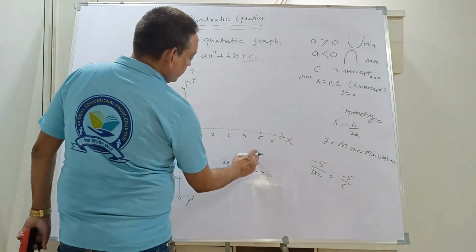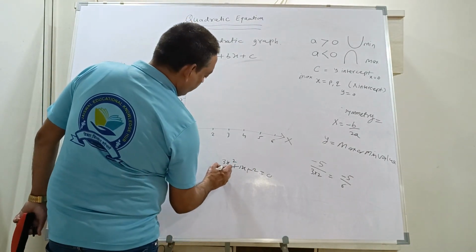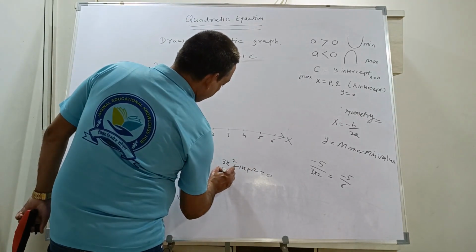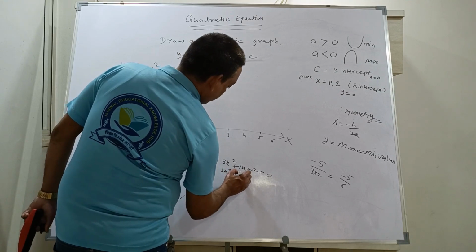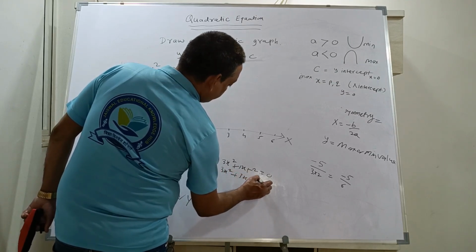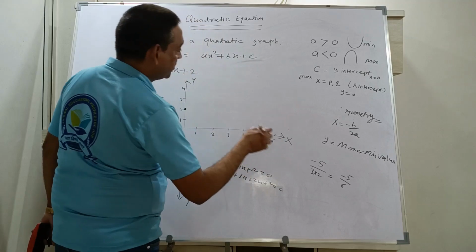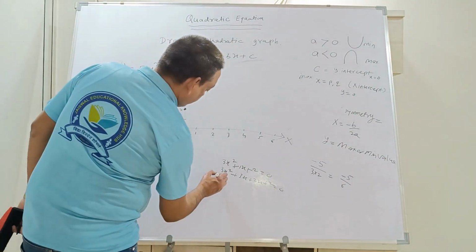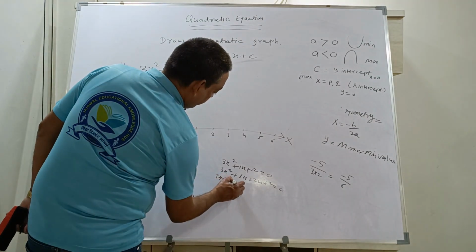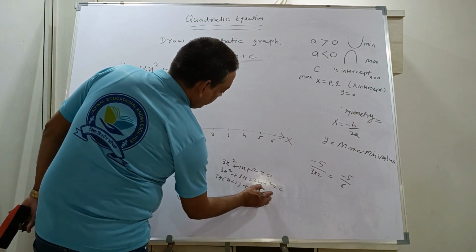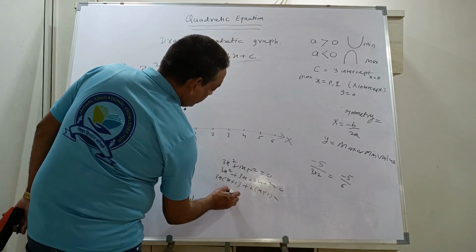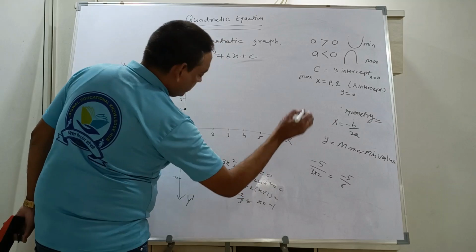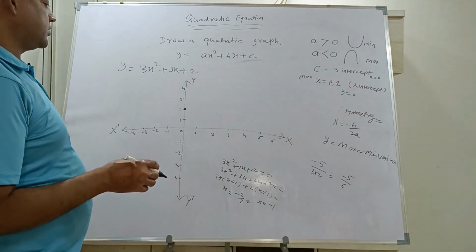So now 3 times 2 is 6 and the sum is equal to 5. So that will be 3 times 2 are 6 and 3 plus 2 is 5. So 3x square plus 3x plus 2x plus 2 equal to 0. This we already discussed in part 1, how to solve by using factorization. So now we'll take 3x common, so it becomes x plus 1, and plus 2 times x plus 1. Okay, so x is equal to minus 2 upon 3 or x is equal to minus 1. I did this directly, you can go through it properly and solve this.